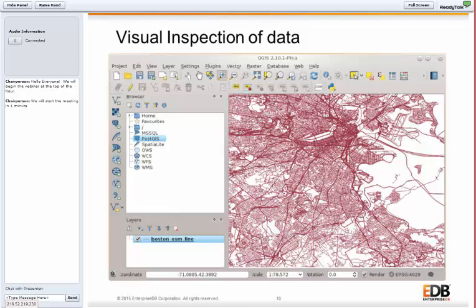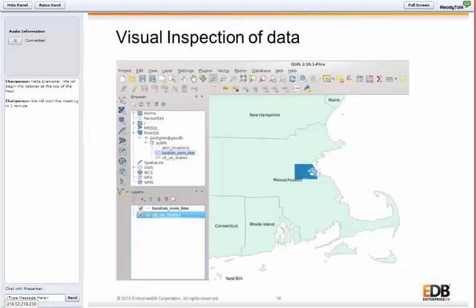If you're coming from the database world and you keep hearing layer, a layer you can just relate to a table. GIS people like to call it a layer. So we added the OpenStreetMap line table. It's a layer here in QGIS. And I just used the default options here, so it painted the roads as red. There's a lot more we could have done. So we're doing a visual inspection. Lines aren't crossing over. I'm familiar with the area. This looks like what I was expecting it to look like.